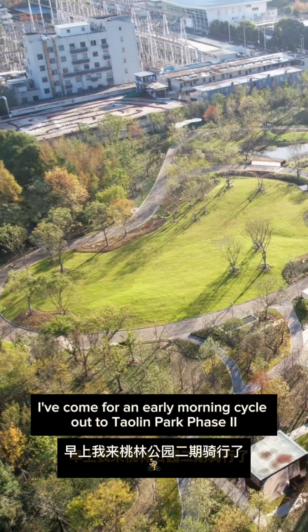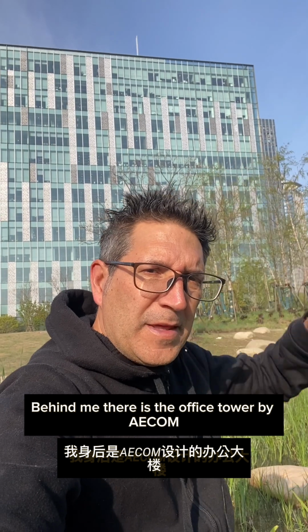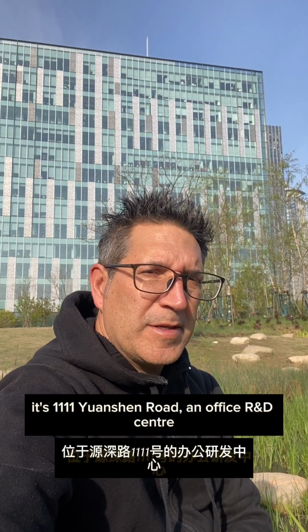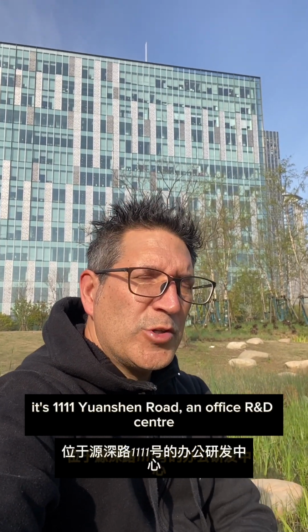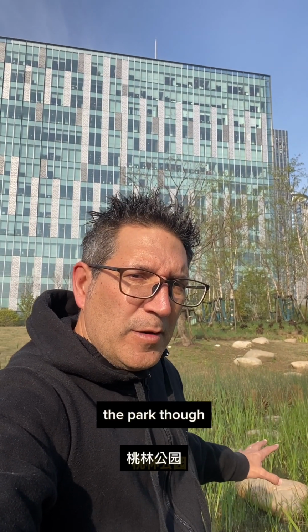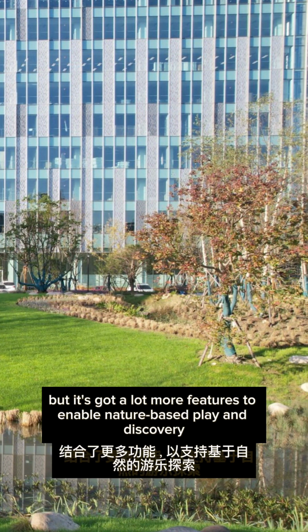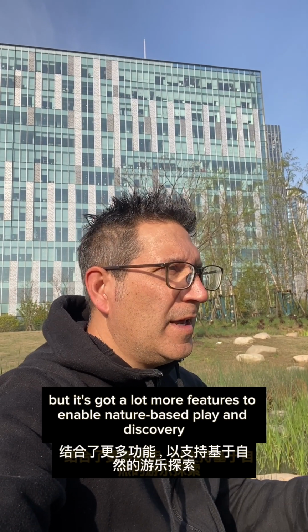I've come for an early morning cycle out to Taolin Park Phase 2. Behind me there, the office tower by AECOM. It's 1111 Yuanshanlu, an office R&D centre. The park, though, is an extension of an existing community park, but it's got a lot more features to enable